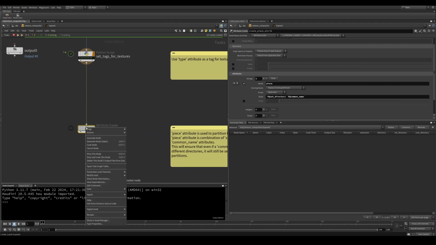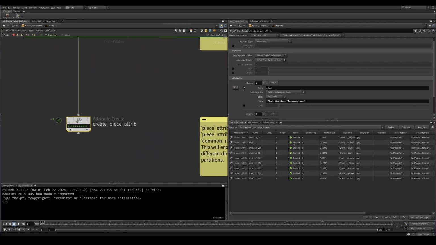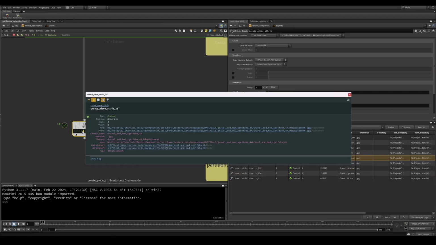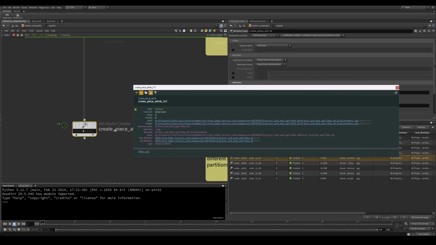We want to make sure that our partitions are correctly set up. So you can see that we are creating a new attribute. I call this a piece attribute, and the value is basically just the reference to the set directory and the common name attribute. If you take a look at it, our piece attribute is going to be this long string of values, which is not very pretty, but it's good to make sure that we have correctly partitioned our